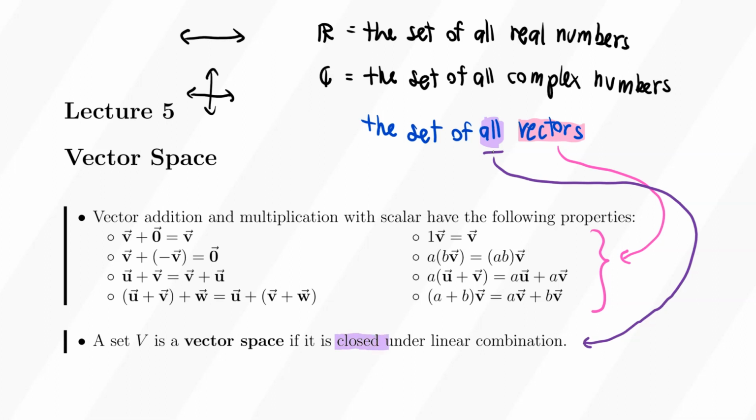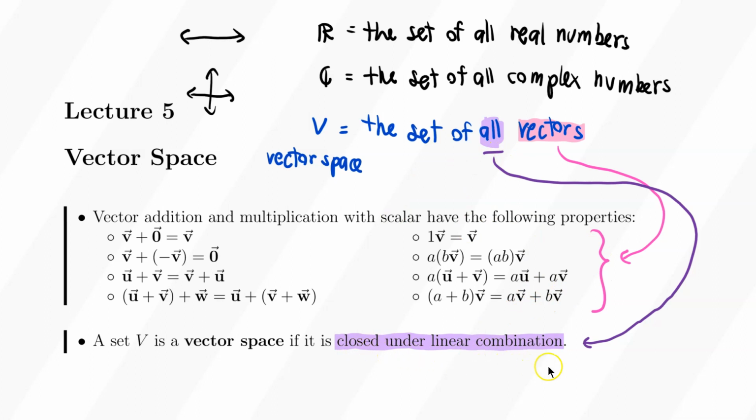If my set of vectors is closed under linear combination, then I can be sure that that set is already going to contain all the vectors that I want. And whenever my set of vectors has all these properties, I'm going to call it a vector space. I'm going to use the letter V for that. So this V stands for the vector space. So basically, a vector space is just a set of vectors. They are objects that have all these properties and they already have all the vectors,